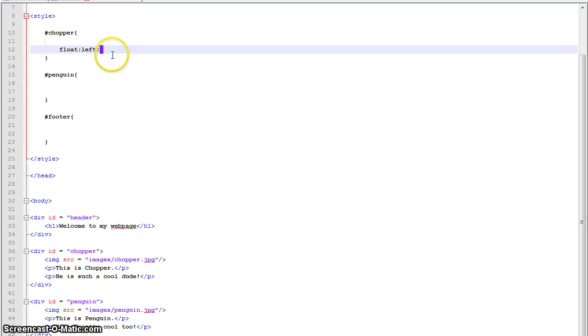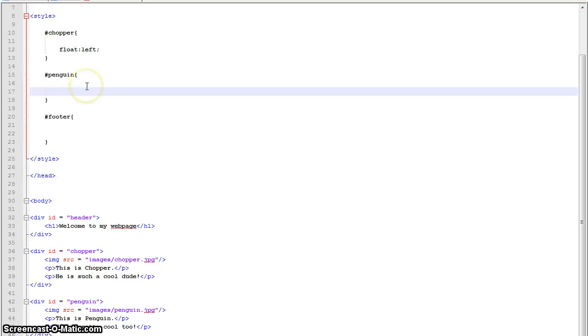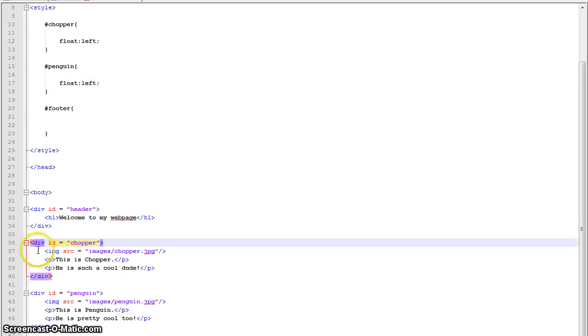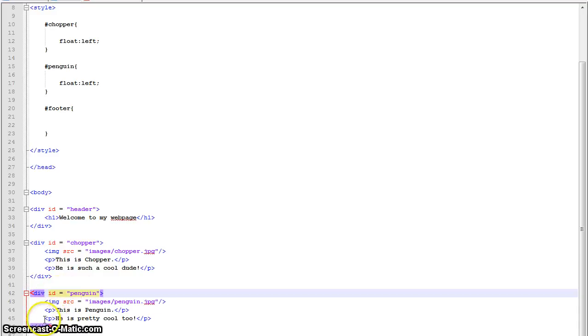And I'm going to do exactly the same with penguin. Float left. So both of these divs, this is my chopper div here, and I'm styling it up here. I'm telling the chopper div to float to the left. And the penguin div, which is here, with all of its content, that will also float to the left. So if we save that and run it in Chrome,